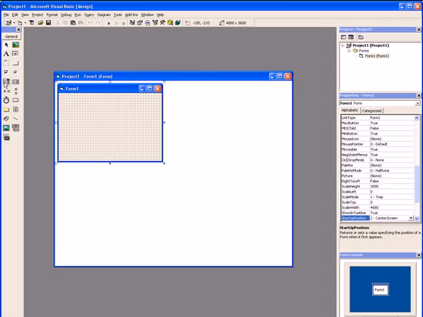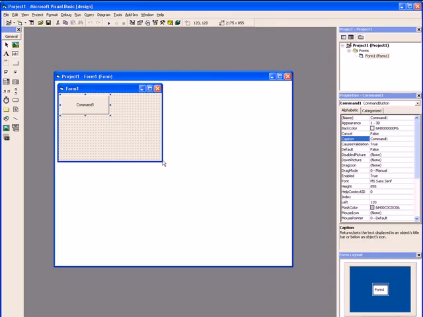Alright, here on the left hand side you see a couple of buttons. If you've ever used Paint, which I'm sure most of you have, you'll have the brushes, the pencil tool, all that. Well, this is pretty much like that. You have the buttons, frames, labels, text boxes, and so on. Anyways, for this example, we're just gonna make a Hello World application, and all we really need is a button. We just place a button,